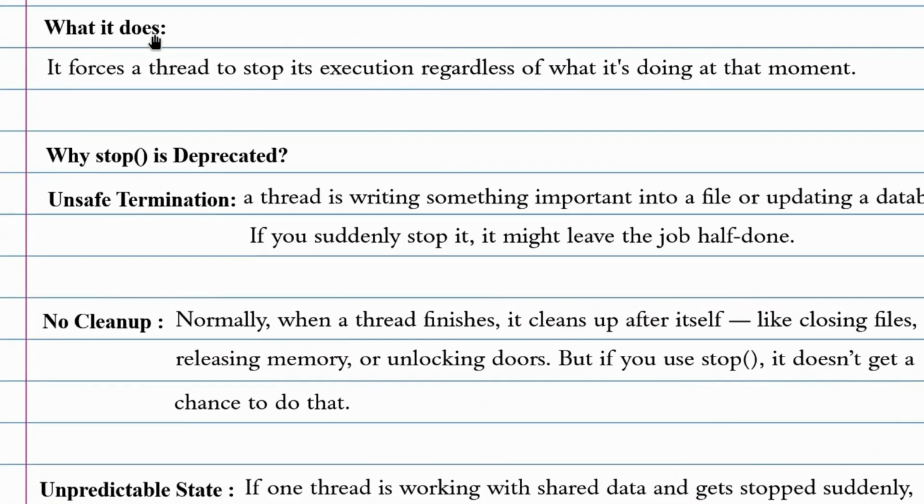What the stop method does is force a thread to stop its execution regardless of what it's doing at that moment. Suppose a thread is performing some task. Let's say it has to print the name of the thread 5 times, and suppose it has printed its name only 3 times, and suddenly we call the stop method, so it will immediately terminate the